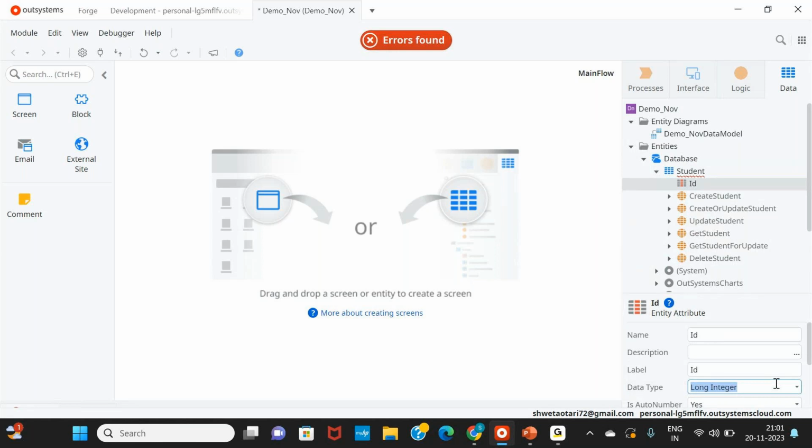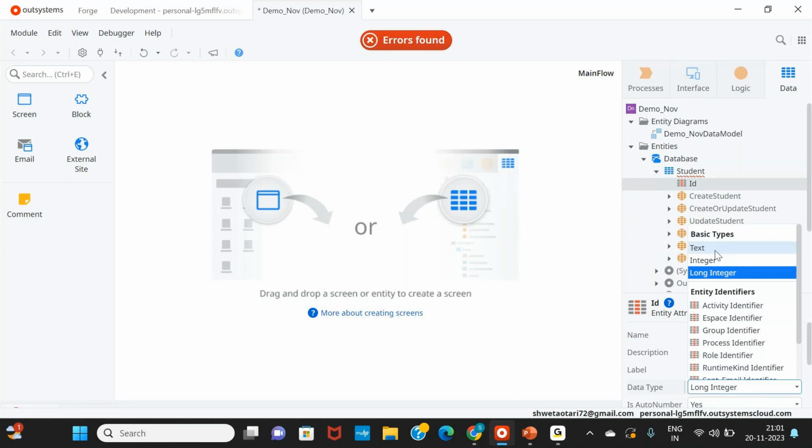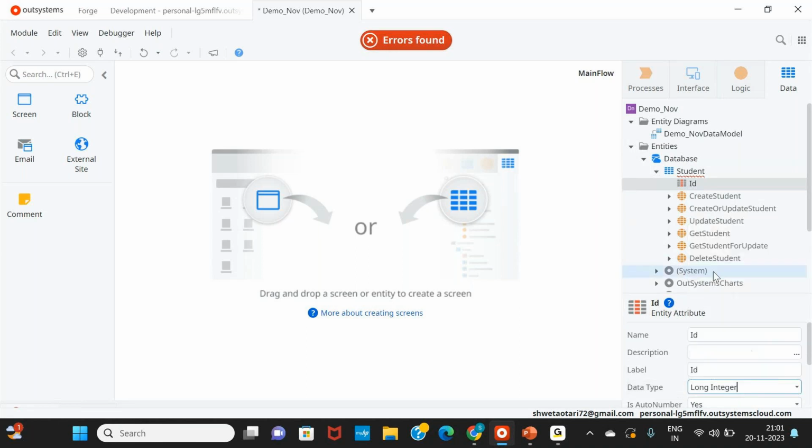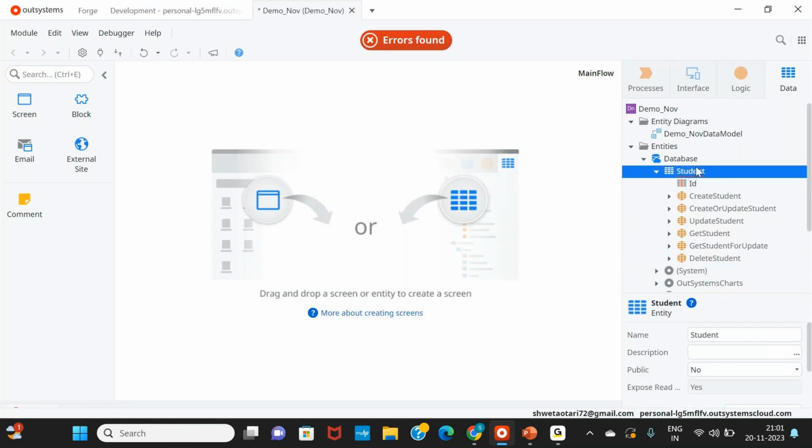Right now you might not be aware of what a data type is, but it's okay, this is just the very first class. Once you start learning, you will be able to understand. By default this is a long integer. You can change it to text or integer, but long integer is the default. So once you create an entity, you get an entity identifier,